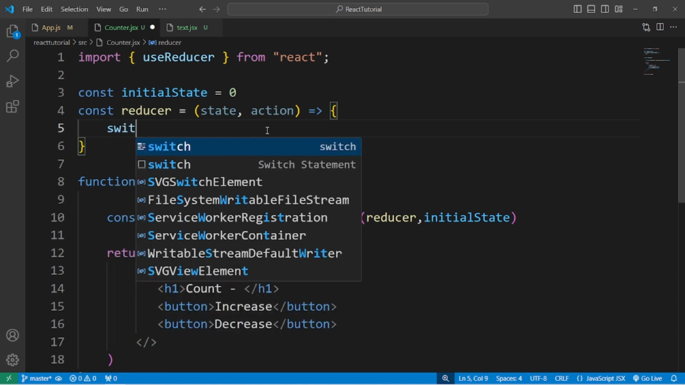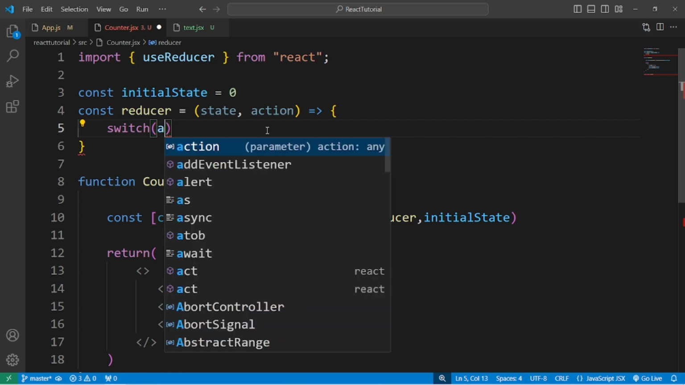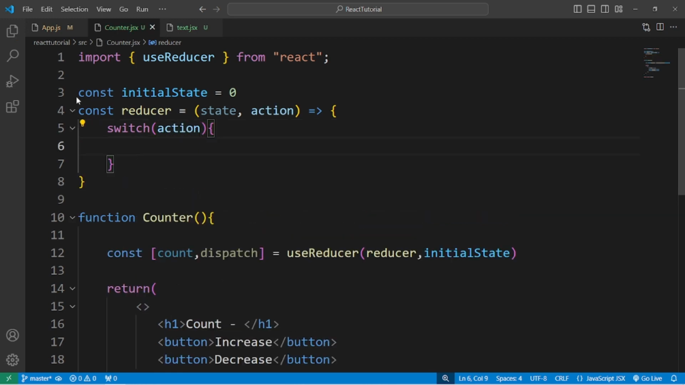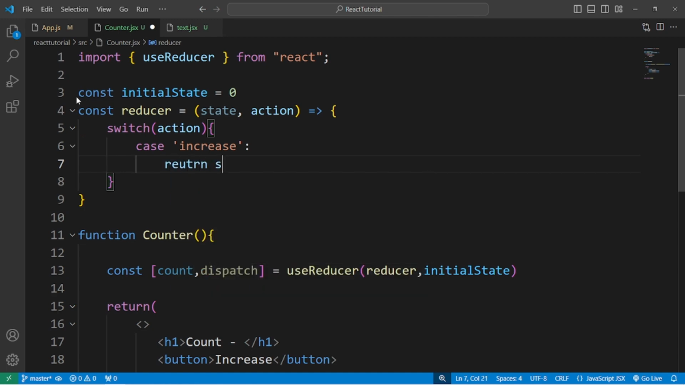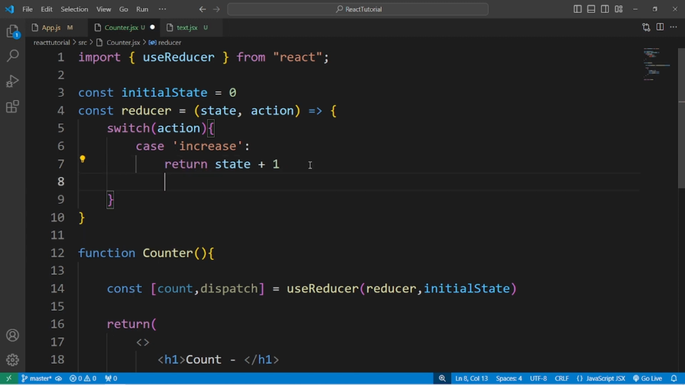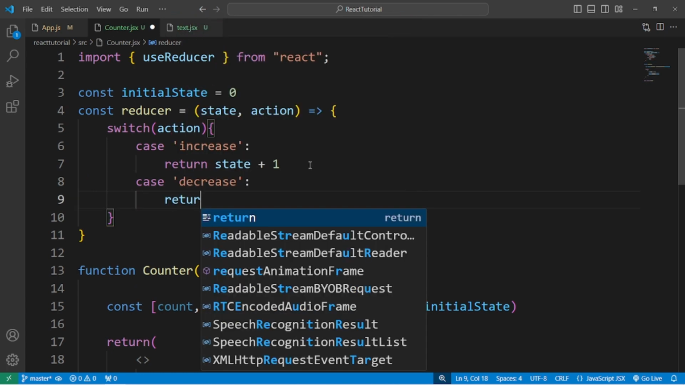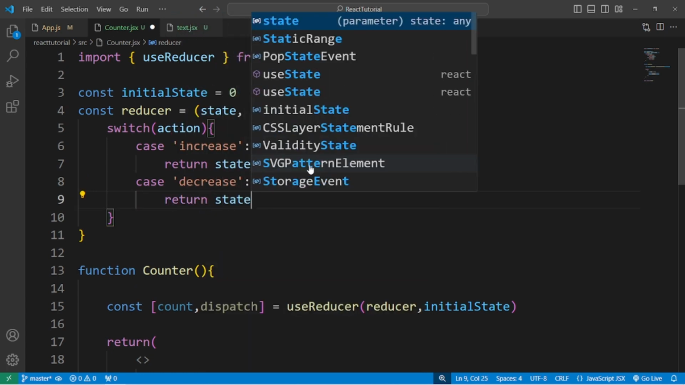First of all, we're going to be using a switch case for that, and this is going to be having action right here. Now in here we're going to be having the case. The first case is basically going to be our increase. This is going to be just like that, and let's go ahead and return this. Return state +1 since it's increase, and let me spell this right. There we go. Now the next case is basically going to be our decrease, since we also have a decrease case. Decrease, there we go. And this is going to be returning state -1